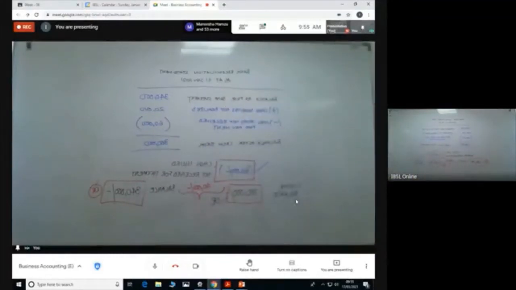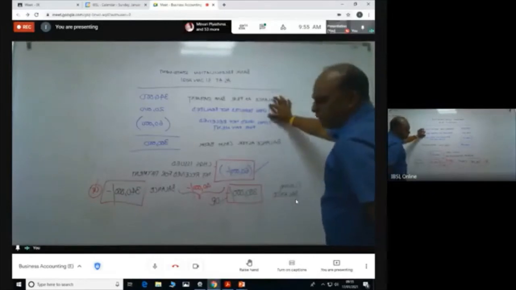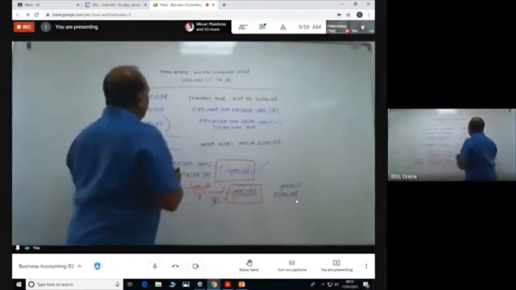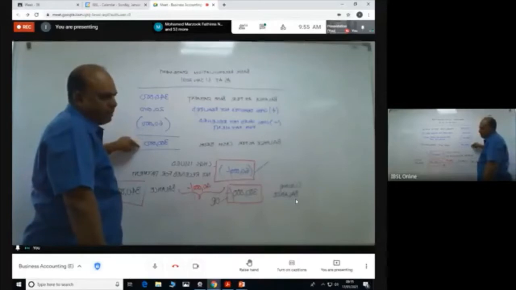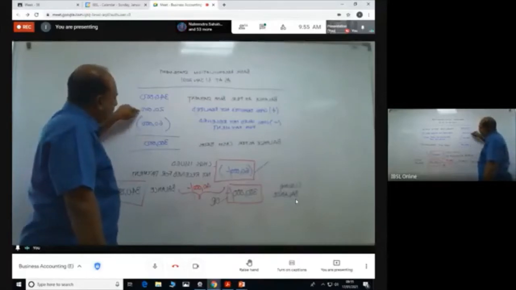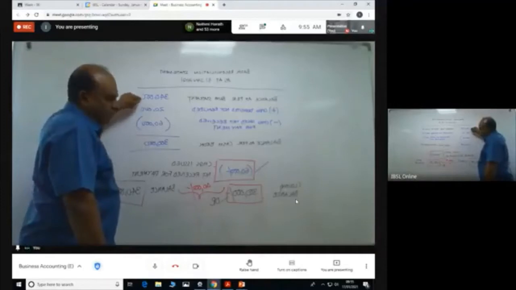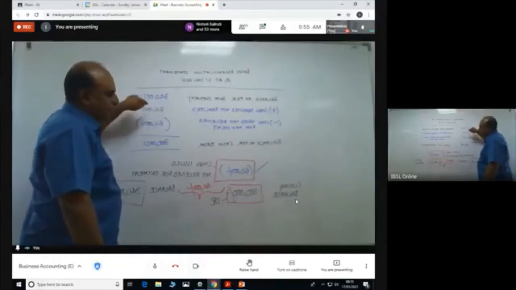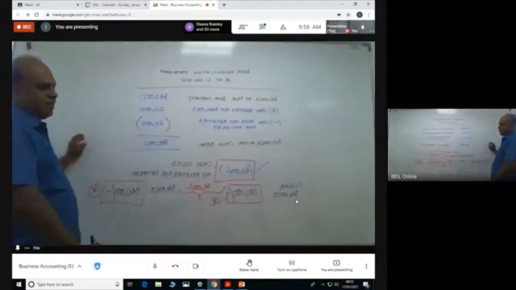You need to understand this. It's not a mathematical thing that we are trying to do. What happens when you say checks deposit not realized means I have included this amount in my balance. Am I correct? I have included this amount in my balance. So this is higher. Whereas the bank is not showing this balance. When I take this 340, this amount is not there. So that's why I am coming and adding it.